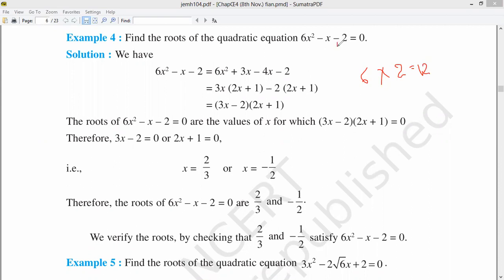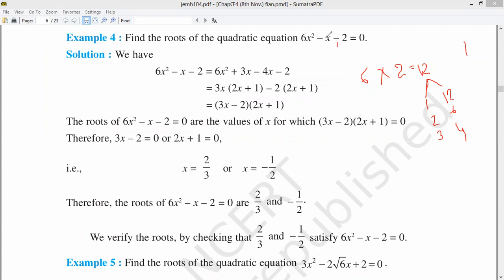अब ये साइन हमें केवल ये बताता है कि हमें इस 12 के फैक्टर करने पर माइनस करके कोफिशिएंट ऑफ एक्स आना चाहिए. द कोफिशिएंट ऑफ एक्स इज 1. सो 1 चाहिए हमें फैक्टर करने पर, तो फैक्टर कैन बी 1, 12. हो सकता है कि 2 और 6 हो सकता है कि 3 और 4 हो. सो वी कैन सी कि अगर 1 into 12 करें तो 12 आता है, लेकिन 1 minus 12 करेंगे तो -11 आएगा. 2 into 6 करते हैं तो 12 आता है, बट 2 minus 6 करने पर -4 आता है. 3 into 4 करने पर 12 आता है, 3 minus 4 करने पर -1 आता है.